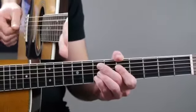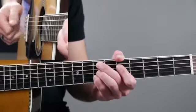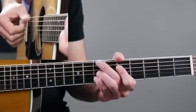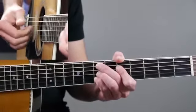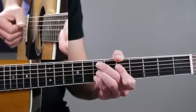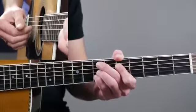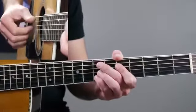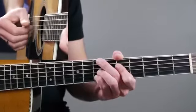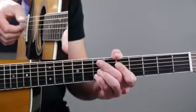So the first thing before you start this song is work on that. Just do that first chord, this first chord in the song, over and over. I kind of do a little something with my thumb as well as hitting the guitar, but that's just for percussive reasons, but the real pattern is